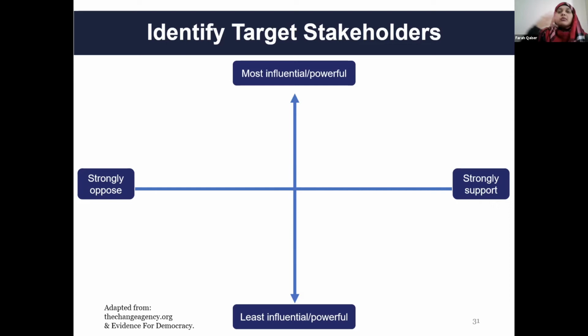For example, let's say we're taking the issue of advocating for science funding. The people who likely very strongly support it are fellow scientists, but they're also the least influential or powerful. So I would put federal scientists probably a little around here. But if you were to put together a group of scientists, so maybe put together a campaign, put together an open letter where you really amass numbers and get a number of signatures, then you might be able to move the influence a little higher.